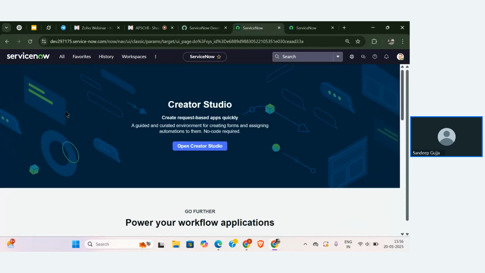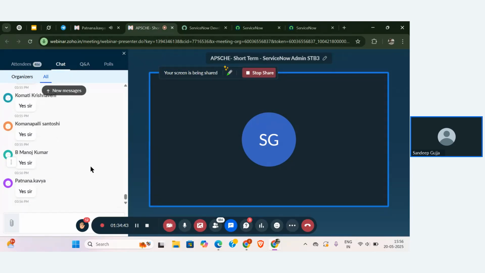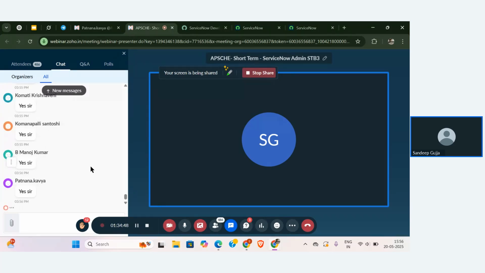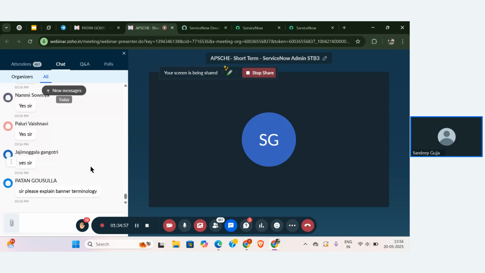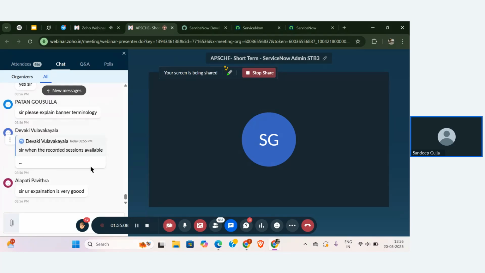So I can directly click on the logo, and it will directly navigate me to the first interface. That's it. Very simple, right? The use of the logo is very simple. So the banner contains multiple